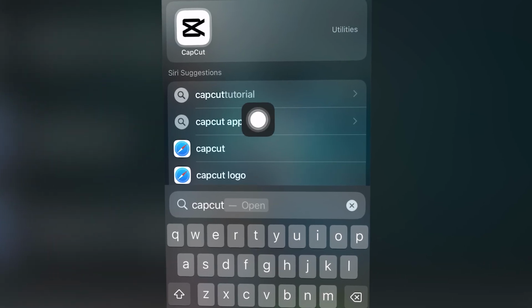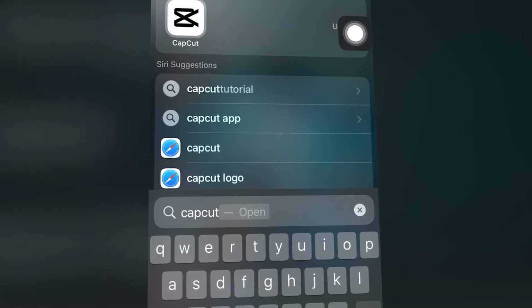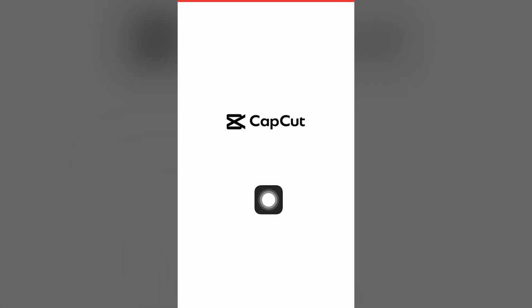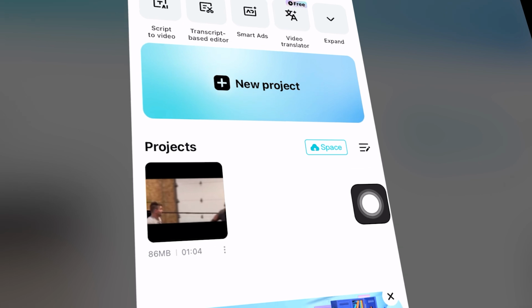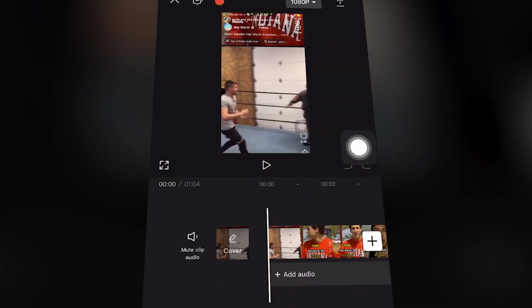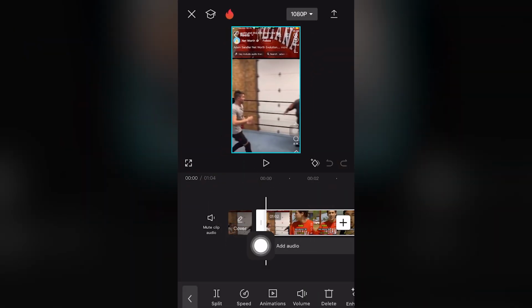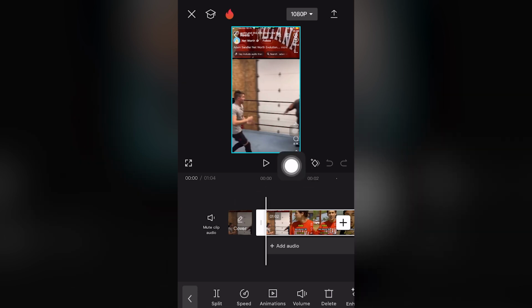Applies for Capcut Mobile. If you want to change the aspect ratio, open Capcut on your smartphone device, new project, or click the existing project to transform your video or the aspect ratio. Click on your video project. As you can see, it's selected or highlighted, and then on the bottom hand screen you want to scroll to